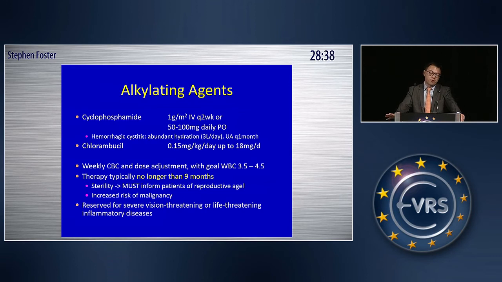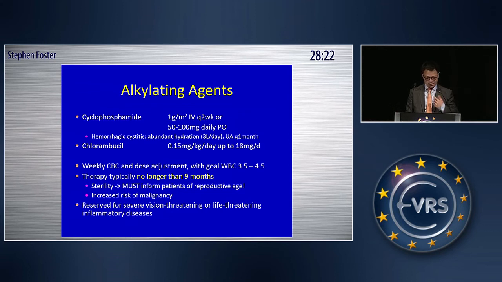You're aiming for 3.5 to 4.5. So you're making them a little leukopenic, but not too leukopenic. So you have to do it very, very carefully, and you adjust your dose based on that. And the weekly blood monitoring is a must, and we typically don't put people on more than 7 to 9